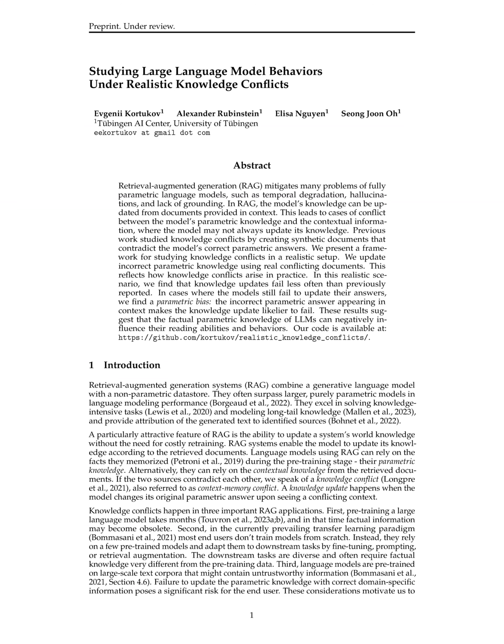RAG systems excel in solving knowledge-intensive tasks, modeling long-tail knowledge, and providing attribution of generated text to identified sources. The method is particularly useful in scenarios where pre-training data may become obsolete, downstream tasks require different factual knowledge, or large-scale text corpora contain untrustworthy information. By leveraging RAG, language models can enhance their performance and adapt to new information without the limitations of purely parametric